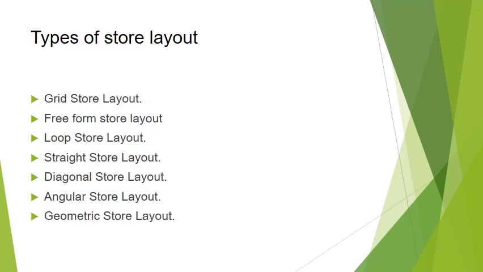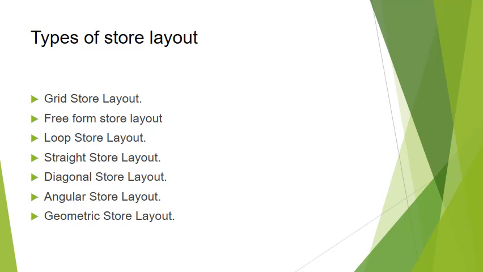Then the next one is free form store layout. It offers convenience during the shopping. It has also been shown that it increases the time that the customers are willing to spend in the store. It is mainly used for the large department store. It is also known as boutique stores. The simplest type of store layout is free flow layout, in which fixtures and merchandise are grouped into a free flowing pattern on the sales floor. Customers are encouraged to flow freely through all the fixtures because there is usually no defined traffic pattern in the store.